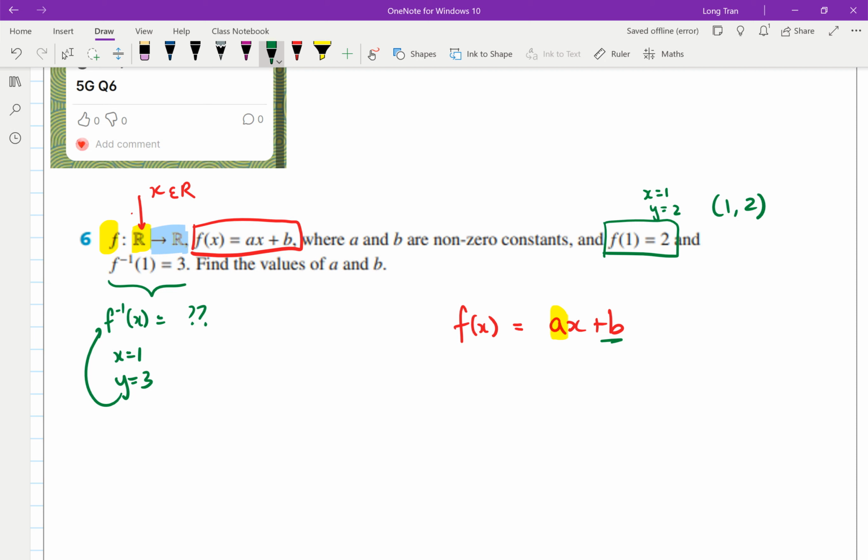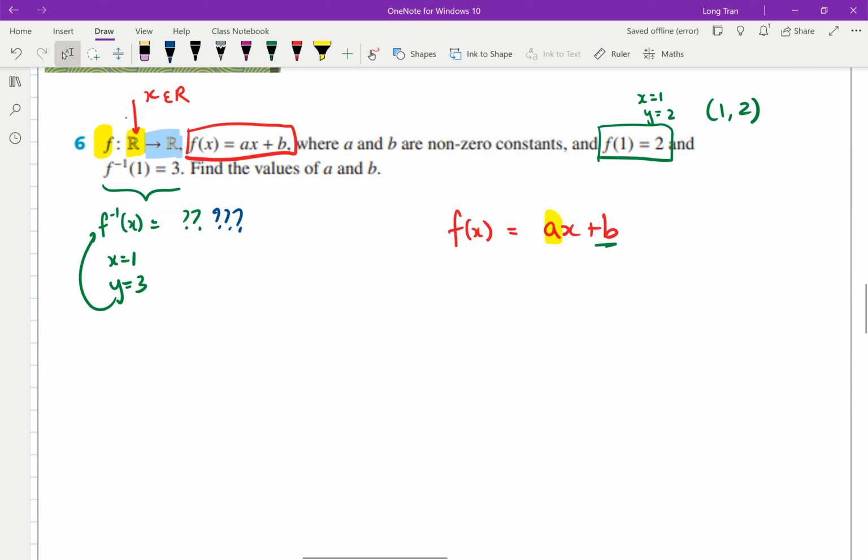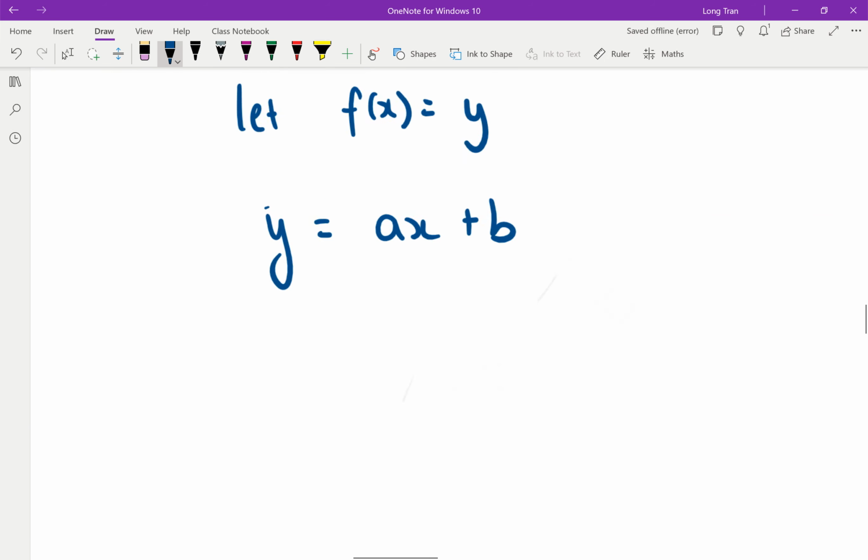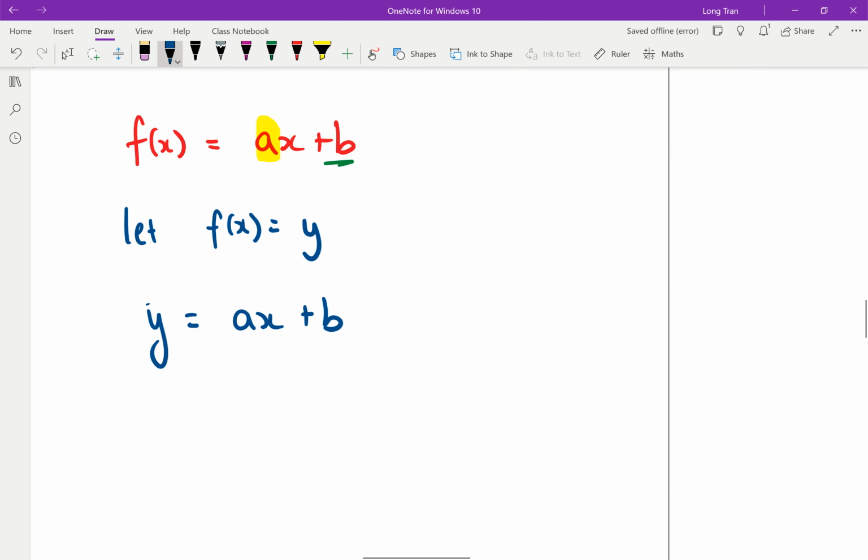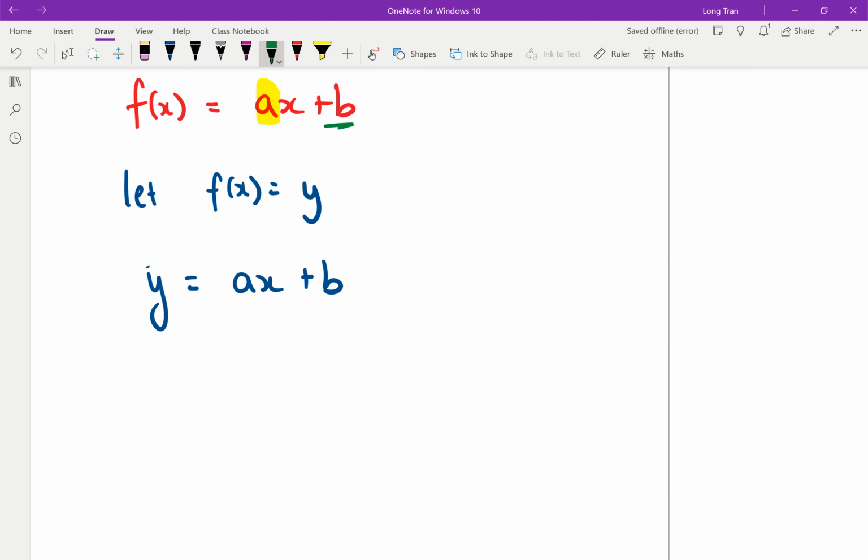So first things first, if you were to find the inverse, how would you do it? Because we don't know what the inverse function is. Well, let's start off, and I like to do it this way, by saying let f of x equal y. That way you have y is equal to ax plus b. I just like working with y's. So this is the first step I would work with, and then to find the inverse,